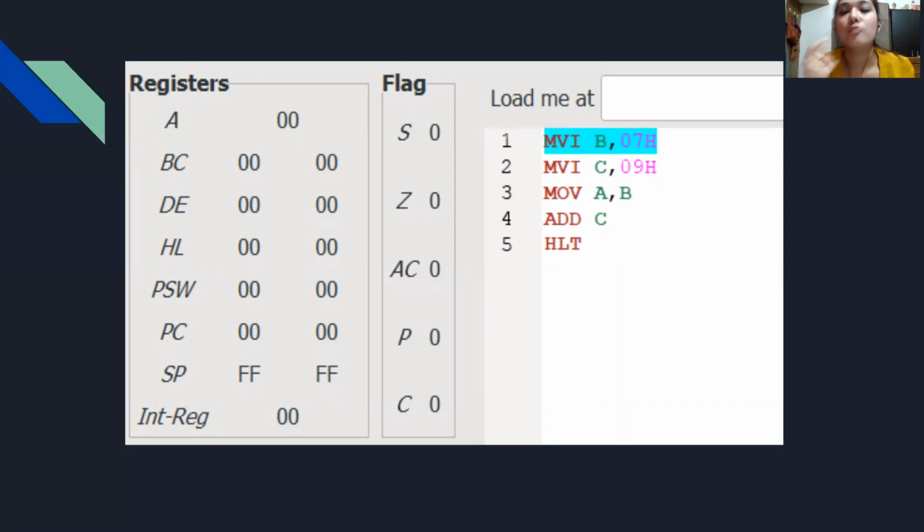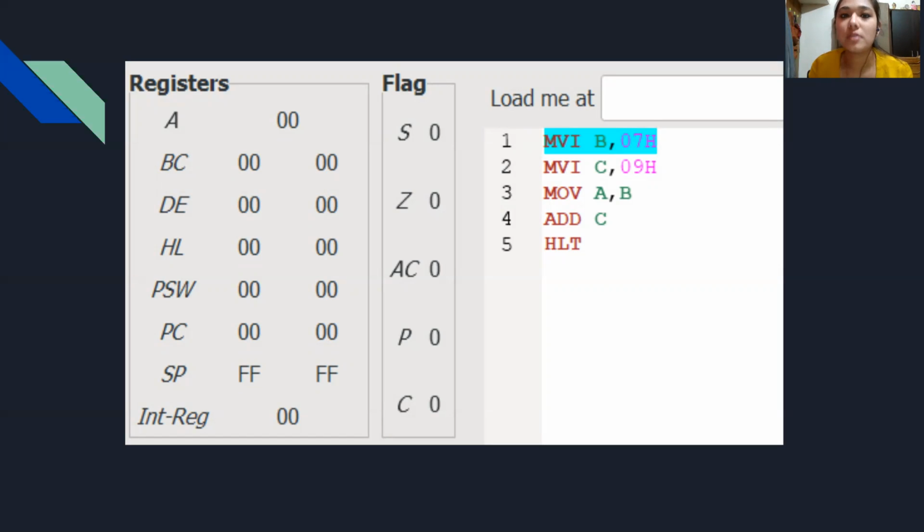Okay, so moving on. When we execute the first statement, which is MVI B, 07H, that is nothing but moving the data byte 07H to register B. The program counter was currently at 4200. Okay, it is showing 0000 right here. That's a bug. It should have been shown as 4200, but it's a bug that it always shows 0000.